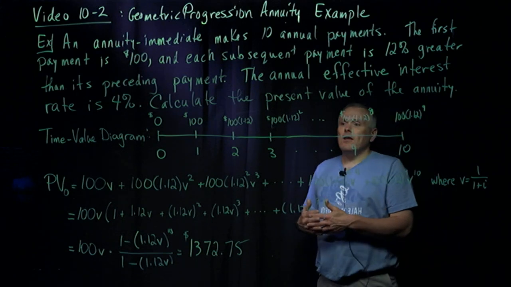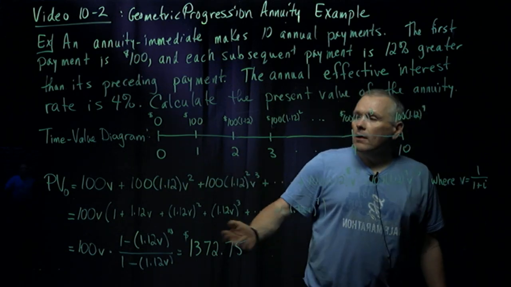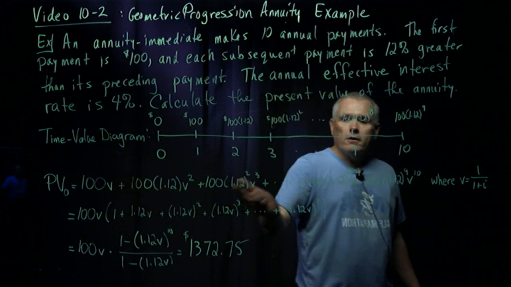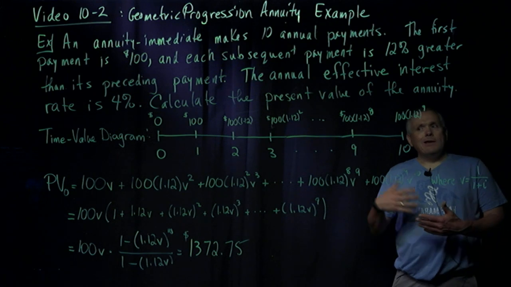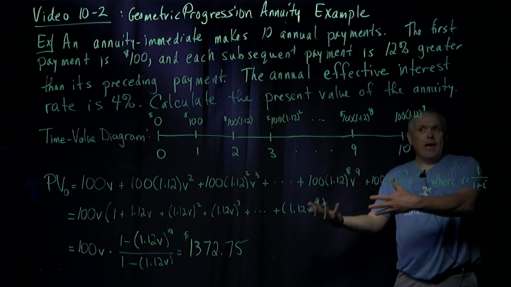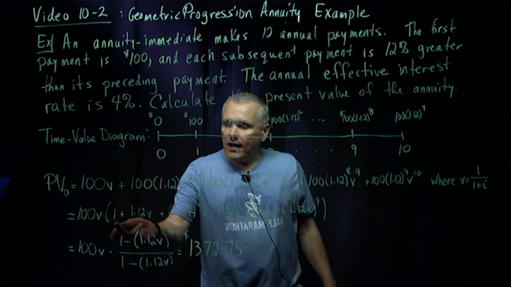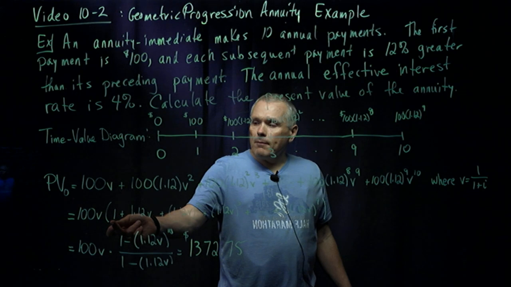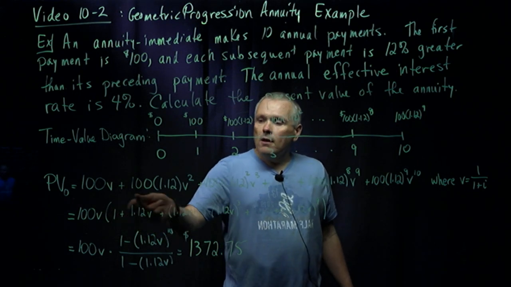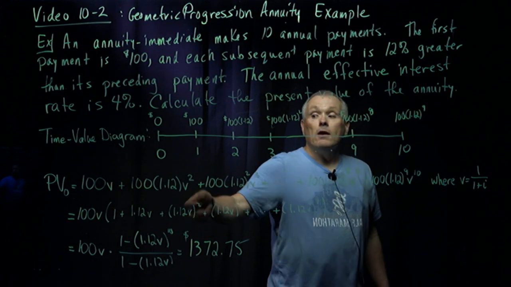Remember in that previous video, whenever we had that initial payment of x, we just factored the x out. Notice that every single term in the sum has a v in it. So in addition to factoring out the 100, or the x for this problem, we're going to factor out the v. And then we're left with that nice geometric sum that we had in the previous problem. The first term in the sum is 1, second one's 1.12v, third one is 1.12v quantity squared,